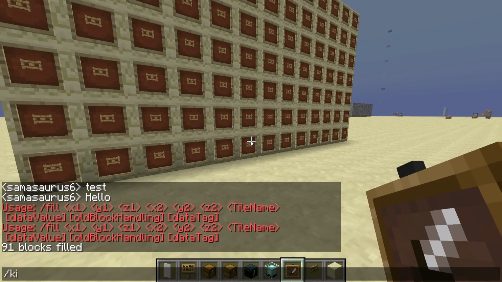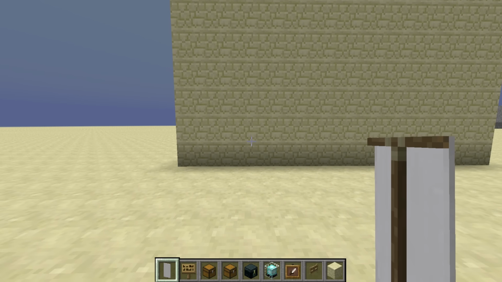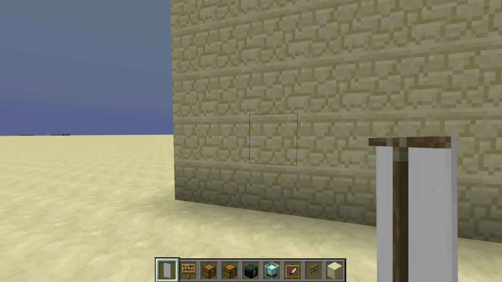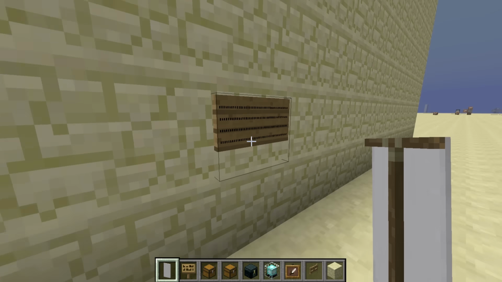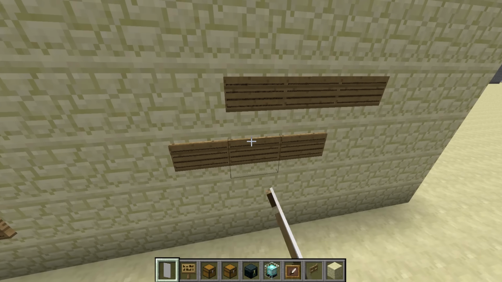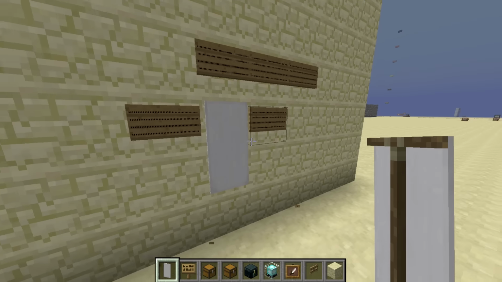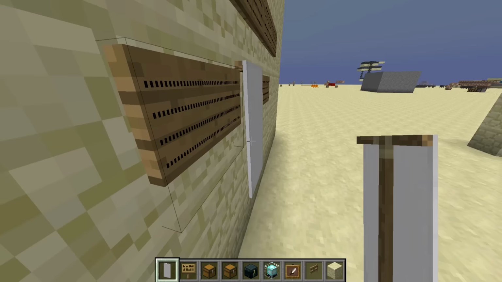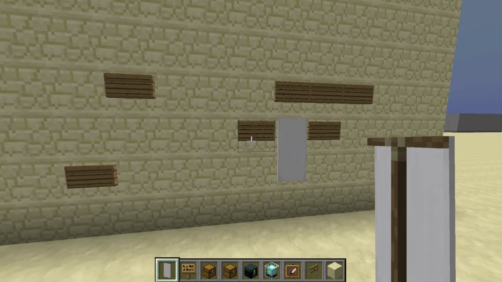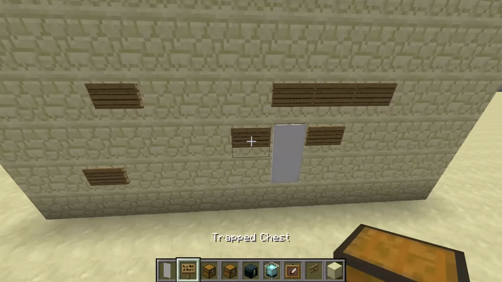So if I kill at a type equals item frame, and then I was going to experiment with banners instead, but when I placed the banner down, I got this, and I was like, what is going on here? And if I break one of these things and place it down again, then it's fine. But these here are actually banners, and I was very confused. And I noticed that